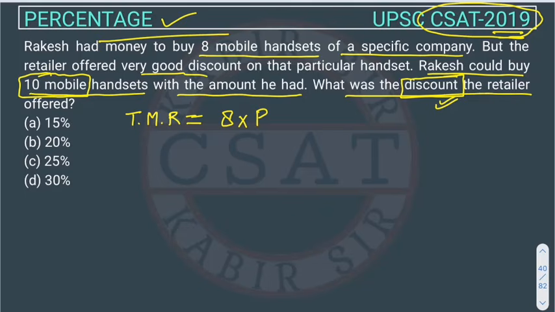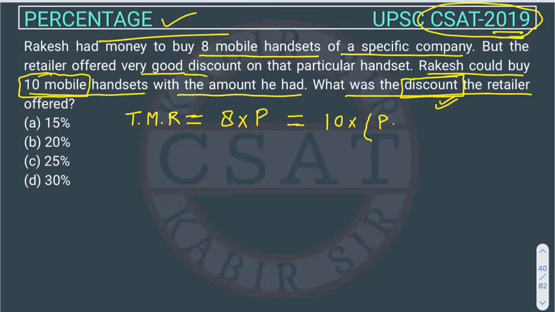So this is the total money Rakesh has, 8P. Now this is equivalent to, when he visited the shop, he bought 10 mobiles. And what was the price he got? Previously the price was P,